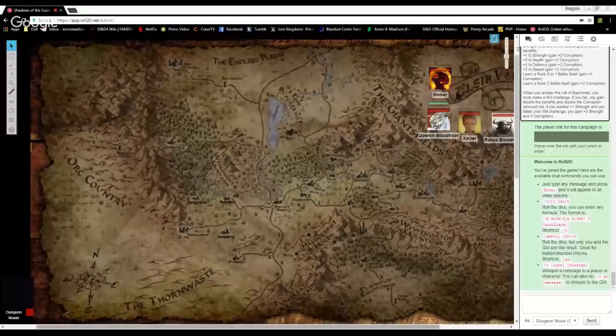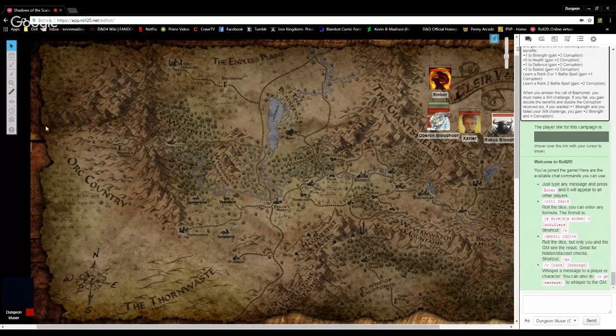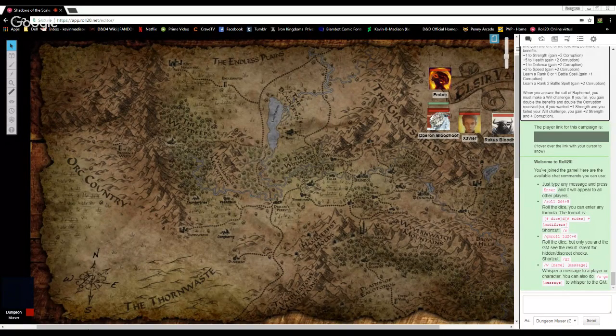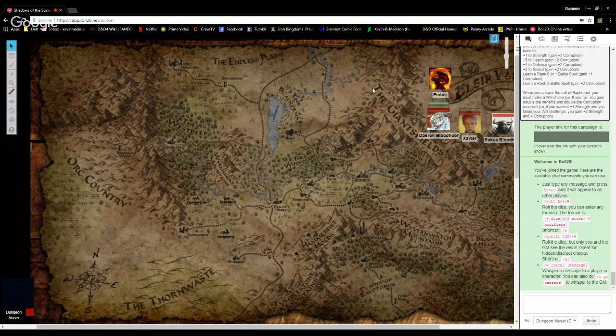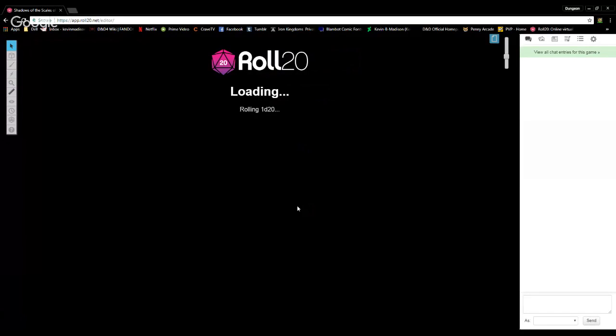Let me swap over to the other screen here. Boom, look at that. Present to everyone. I'm going to see if my camera will work in. It's not working because it's on my Google Plus call. I don't know why, but for some reason, I can't have a camera active in both Roll20 and Google Plus at the same time. I don't know why, but in any event.